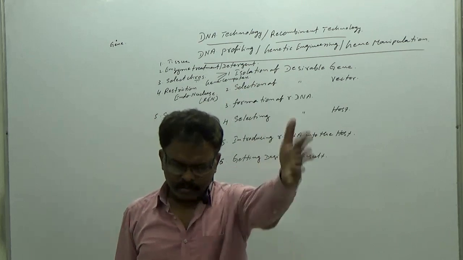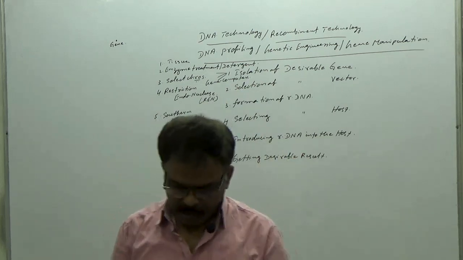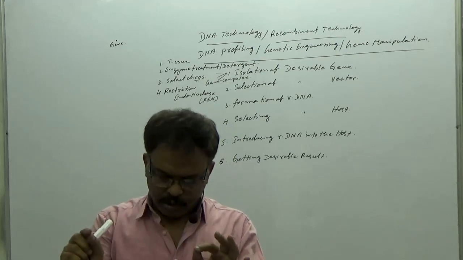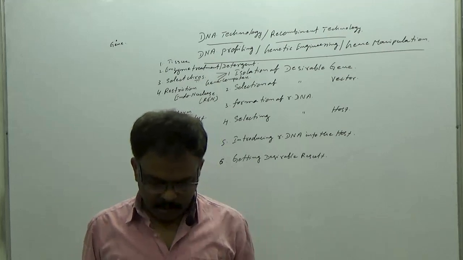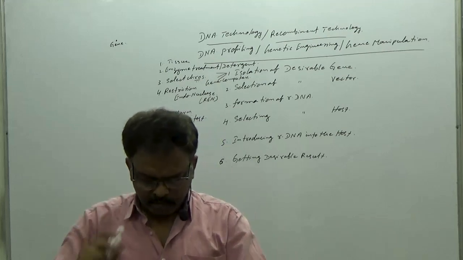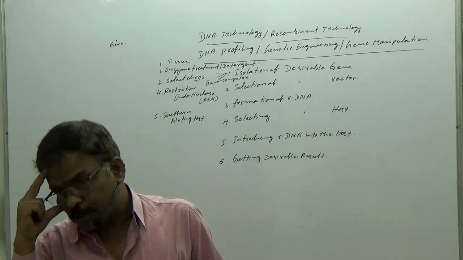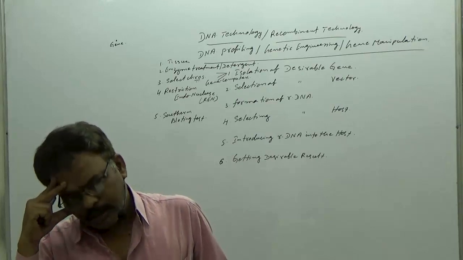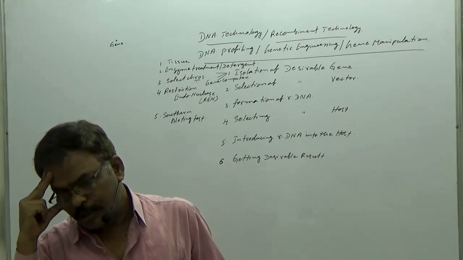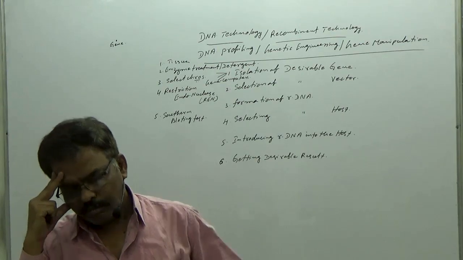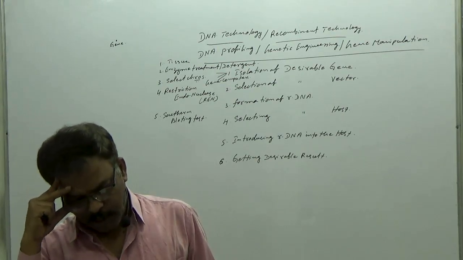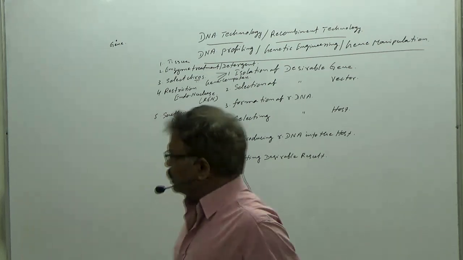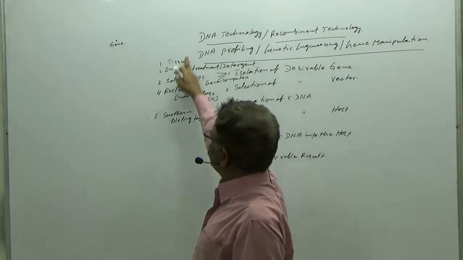So, if you apply, simple, that means computers are available. If you give a program, I want the insulin gene, the total program is already built in. Just type insulin, that's it. Automatically the system itself prepares the insulin gene. Such a gene-producing machinery computer is known as a gene machine. By using either gene machines or this original method,